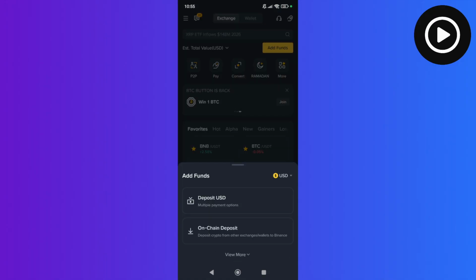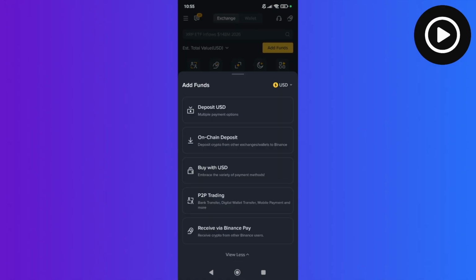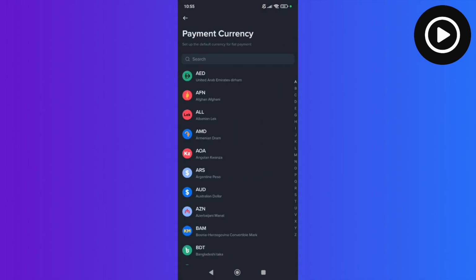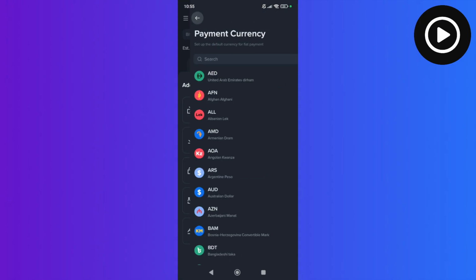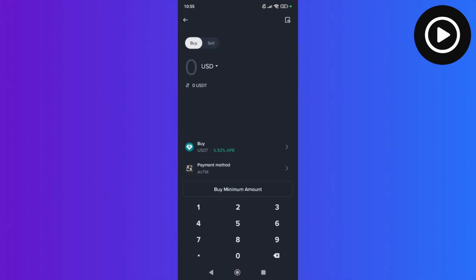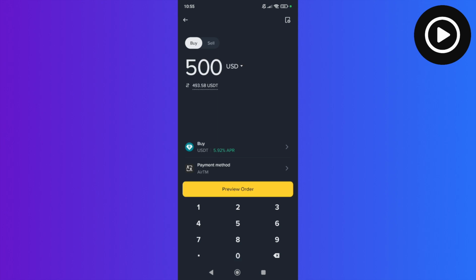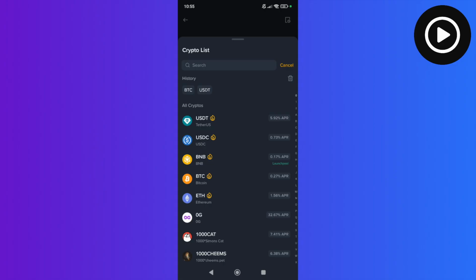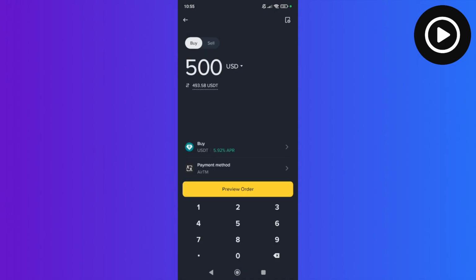Now click on View More, and from the top right here, you want to select the currency that you want to use, and then just click on Buy with USD or whatever currency you chose. Now specify the amount, for example, $500 that you want to spend, and then from the Buy button, select the cryptocurrency that you want to get, for example, USDT, and it should tell you at the bottom here that you're getting